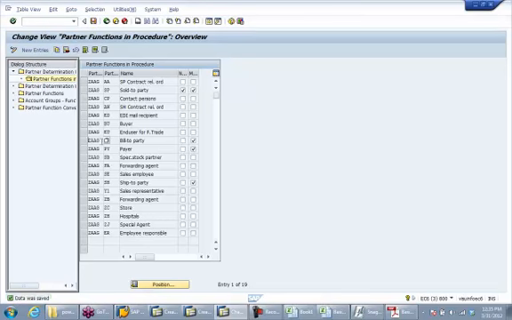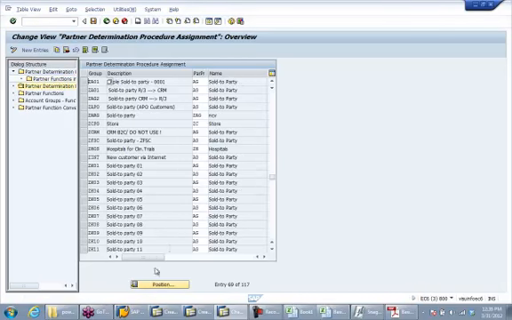Okay, then you assign this partner determination procedure to the account group. To the account group ZAO1 that I created, you have to assign the partner determination procedure. Okay, now whenever you create a customer of type ZAO1, from this table the customer knows that the